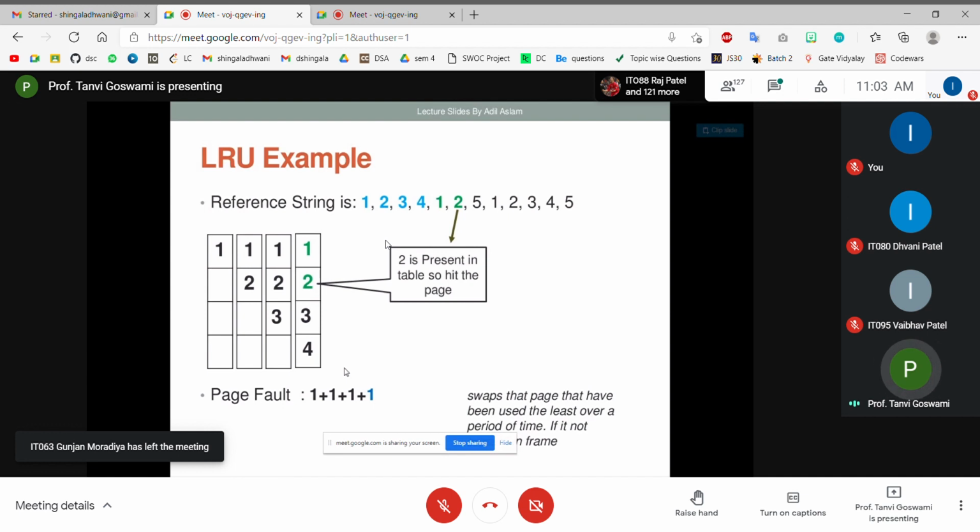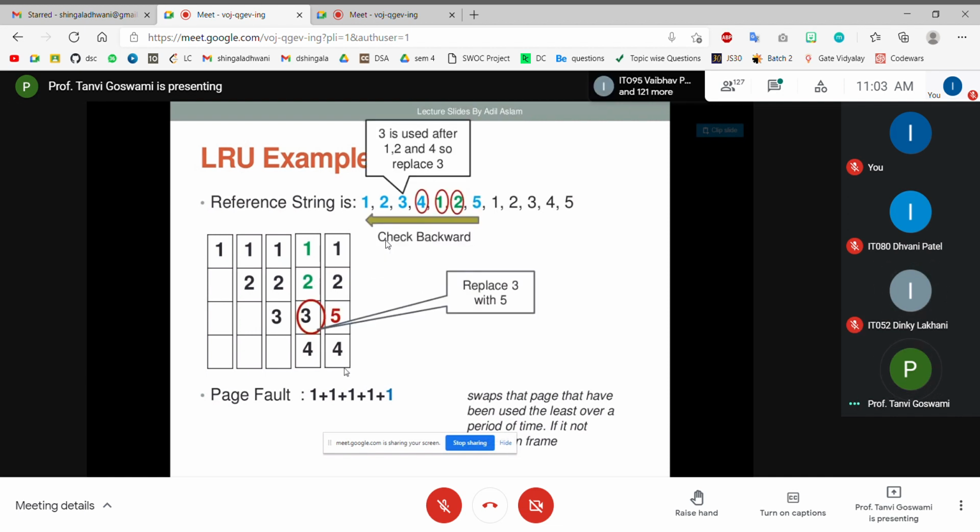If there is a chance of replacement, page number 3 will be replaced first, then page number 4, then page number 1, and then page number 2. That is the sequence, because as the pages are being hit, the chance of replacing those pages is least, so we cannot replace them first. Now there is a request for page number 5. Which page will be replaced first? Page number 3, right? So we replace page number 3 with page number 5.